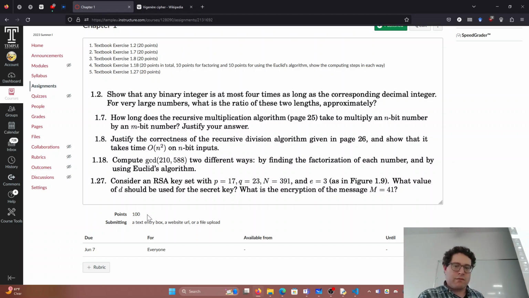So, and then how do you encrypt it? Or, what is the encryption of 41? You can run that second part of the question without the secret key, without the decryption key. But for this, you'd need to run through Euclid's extended algorithm to generate the modular inverse. So this one is definitely good practice for the one on